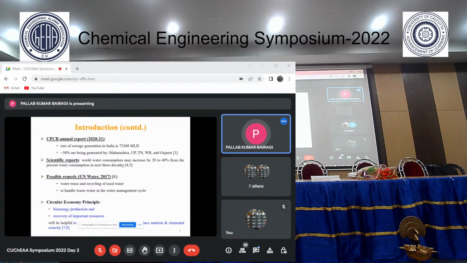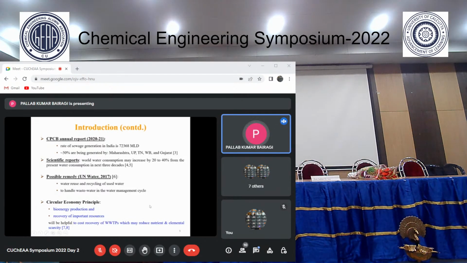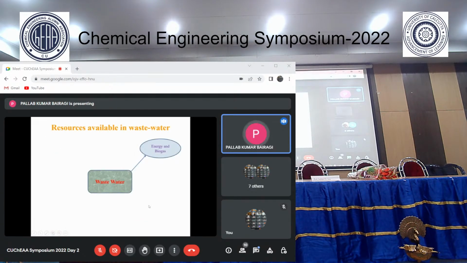Moreover, recovery of these resources in addition to energy production in wastewater treatment plants may be helpful to reduce the cost of wastewater treatment and the elemental scarcity also, which may be helpful to take a step towards a circular economy. The commonly available resources in wastewater are energy and biogas, nitrogen and phosphorus,